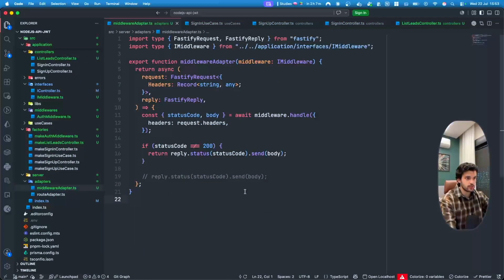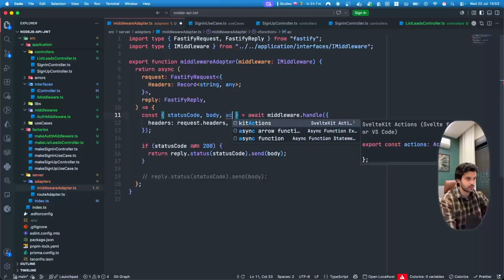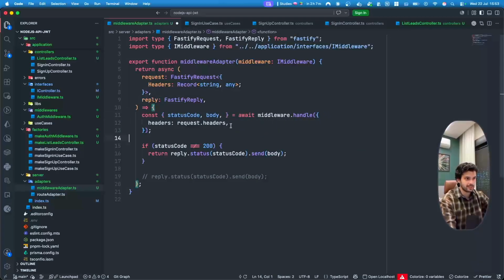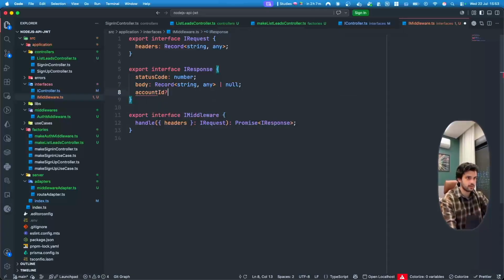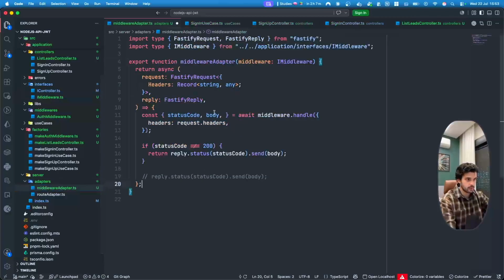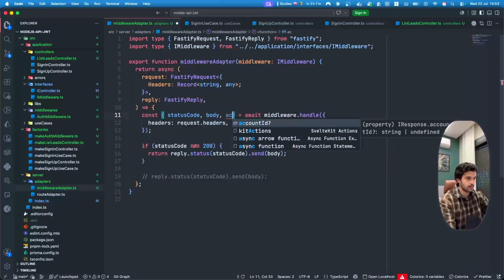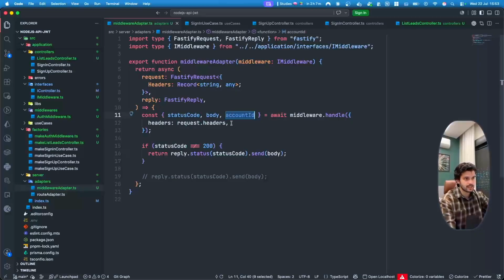So the first thing that we need to do is actually here inside our body, we're gonna need to get that account ID from here, but we don't have any account ID inside our headers. So let's go back here to middleware, and here in the response, we are also gonna be sending that account ID. So let's pass account ID here. This is gonna be string or undefined, okay? And now here inside middleware, we're gonna get this account ID. Now, since the account ID,